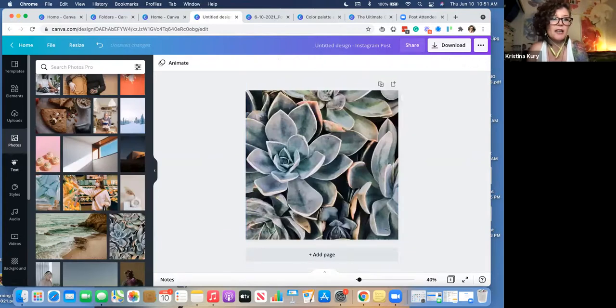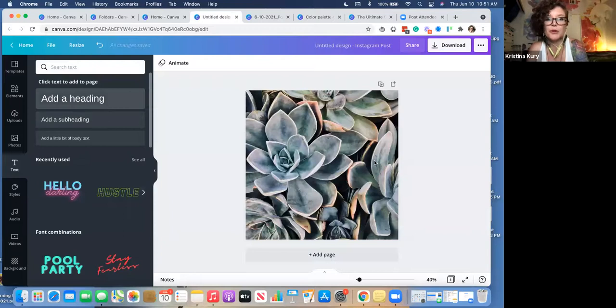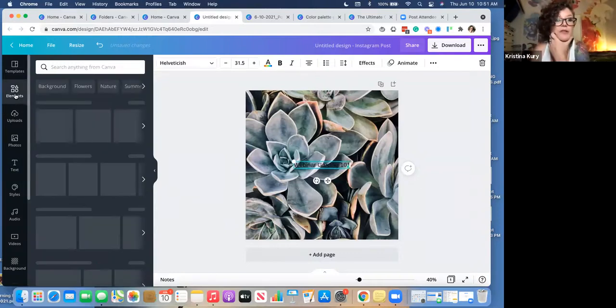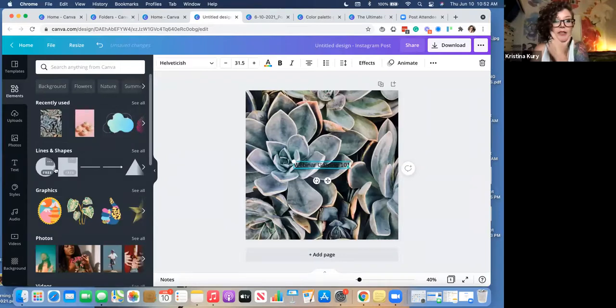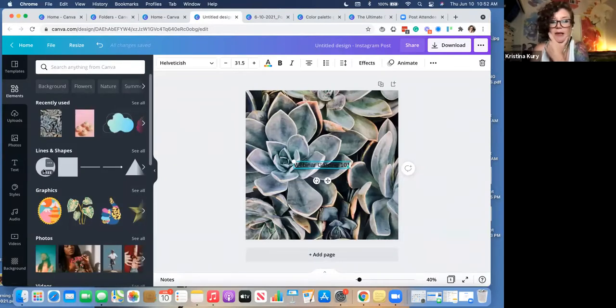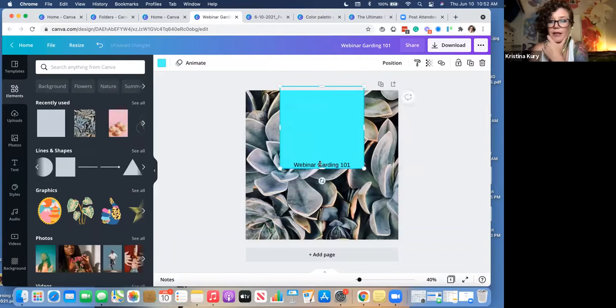And then I'm talking about a new webinar on gardening 101. And I want to add in a little shape there so you can see my text. There we go. And boom. Okay, here's my little webinar shape. I just built it in